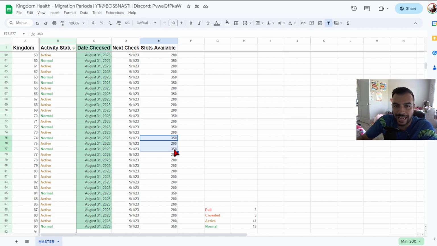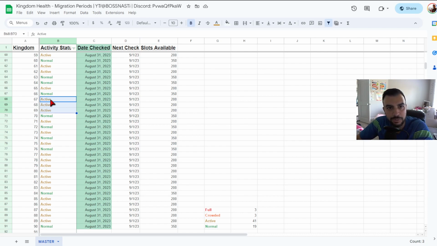Now, the challenge here is that you could have, and I'll give you a great example, let's say you have these 3 active kingdoms. Well, one of these kingdoms could have 1,000 active players. Another kingdom could have 600 active players. Another kingdom maybe has 250 active players. Normal, maybe that means they have 200 active players. Maybe this one is 150, 100, whatever it may be. My point in saying this is that we do not know what the true activity numbers are in kingdoms,